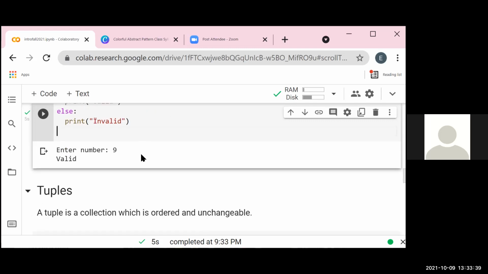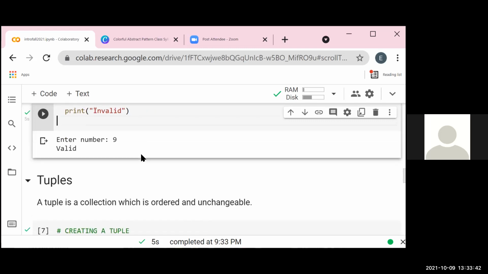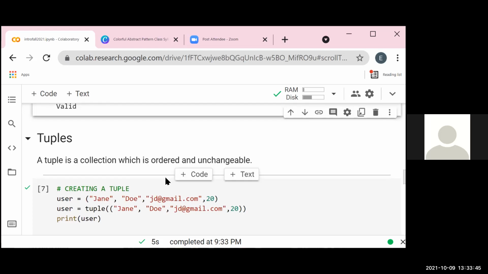Okay, so now we look at tuples. We said a tuple is ordered but cannot be changed. So in this case, that means that we cannot delete items from a tuple. We cannot update a tuple. We can create a tuple, we can access or read from a tuple, but we cannot change it at all. Most of the time we use tuples when you want to give values that are constant, that you would not want to be changed at any point in your code. That's when it's advisable to use tuples.